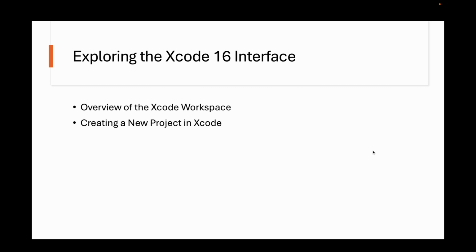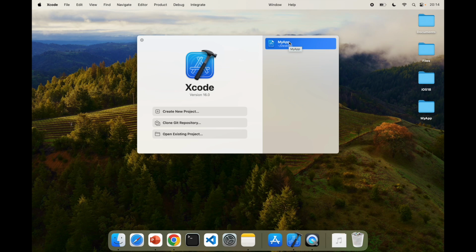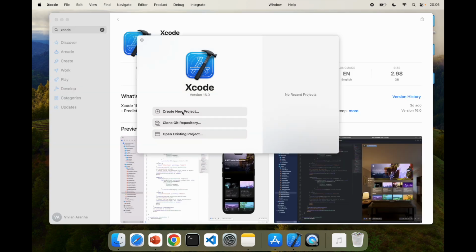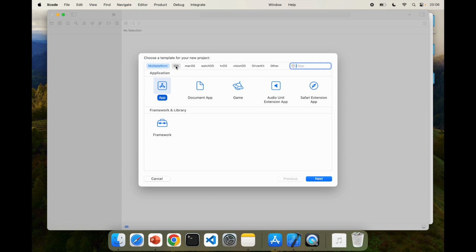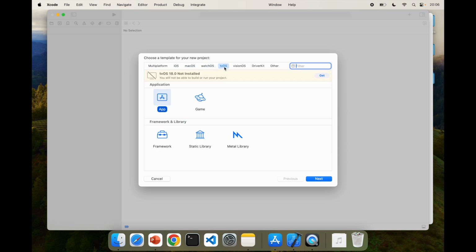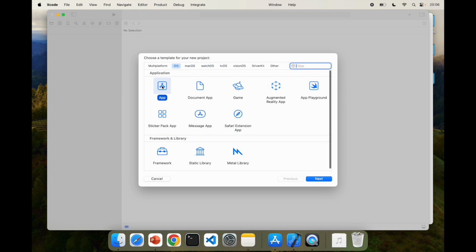Exploring the Xcode 16 interface, we'll go through the entire Xcode workspace, and we'll also be creating a new project in Xcode in this particular section. I can create a new project. I can go through these steps where I can say, okay, do I want multi-platform, iOS, macOS, watchOS? I'm going to say iOS for now. I'm going to select app right now, and we'll go over all these things in more detail in next videos,